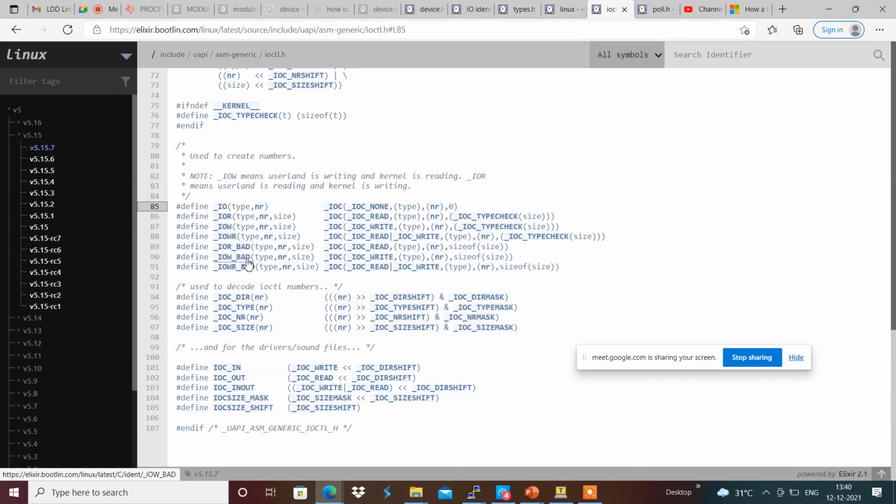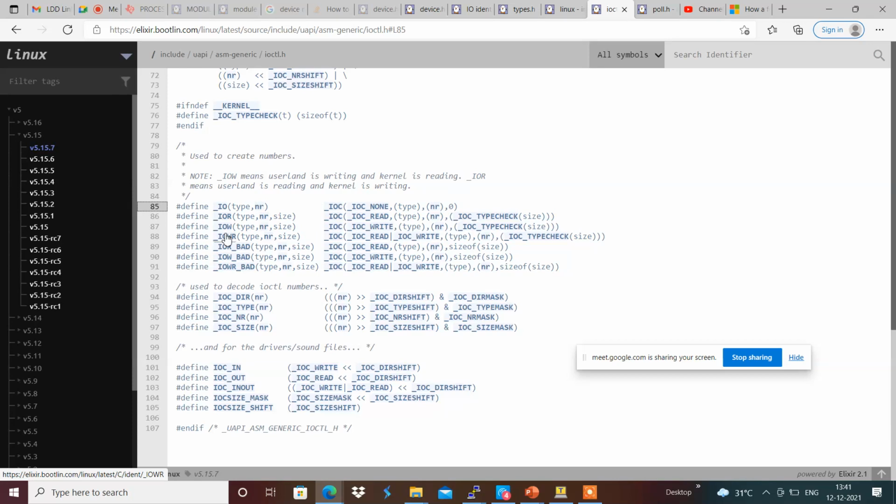We can use these macros to define the ioctl macros accordingly, with the help of IO, IOR, IOW and IOWR, depending on whether it is going to provide an argument or read one.